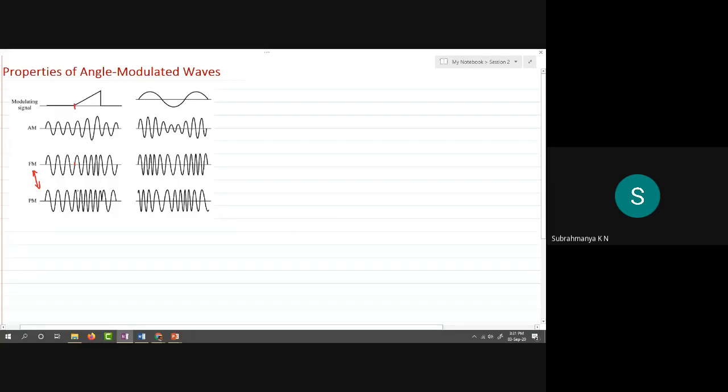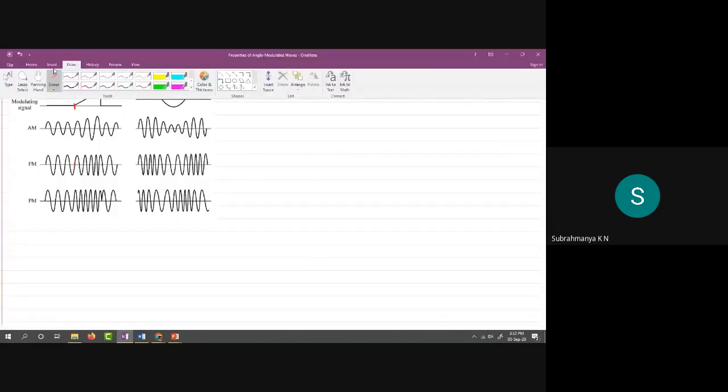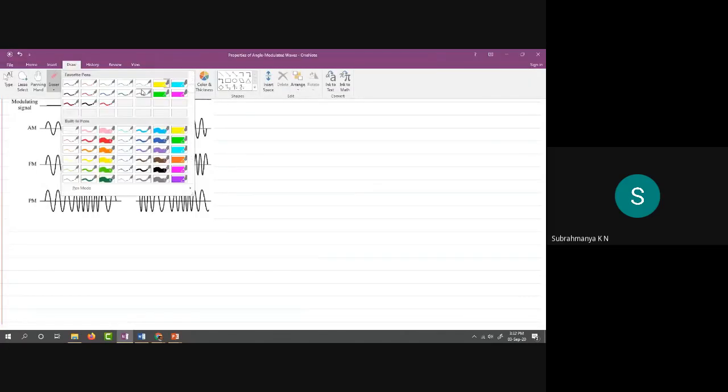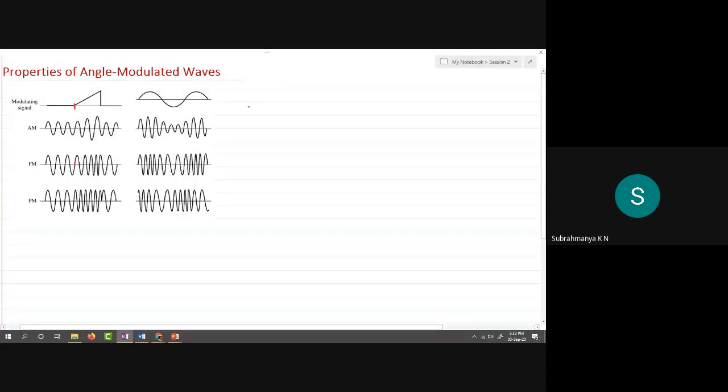This is very difficult to differentiate. Say if I don't tell you whether it is FM or PM, and I give you just these signals, it will be very difficult to identify whether it is an FM signal or a PM signal. So that's one of the properties of this angle modulated signal that we list out right away. Okay, the first property that is a very important part of this analysis is the constancy of